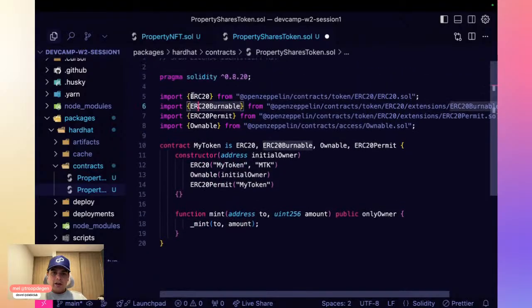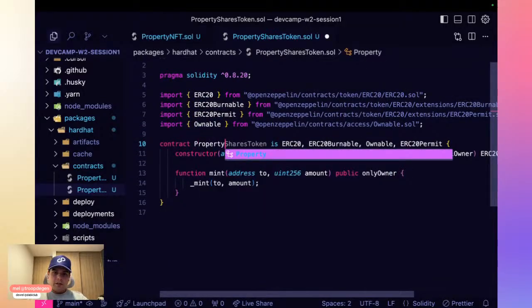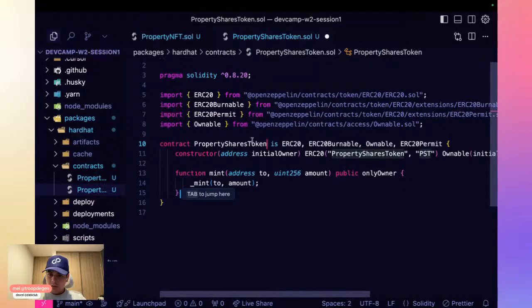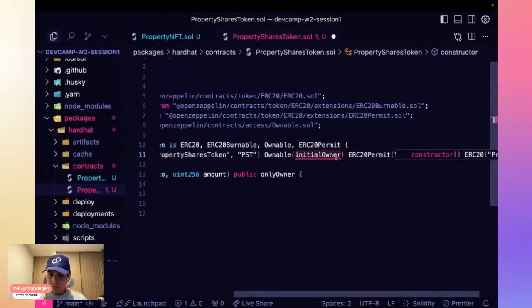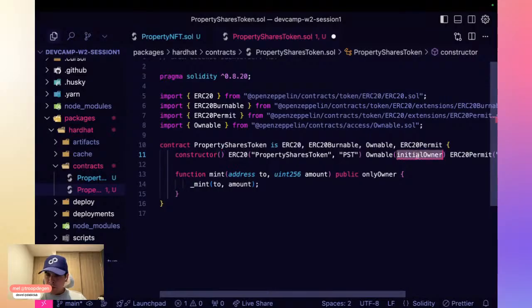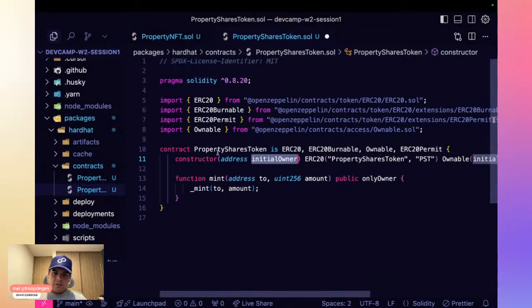And as you can see, we are inheriting ERC20, ERC20 Burnable, the Permit, and the Ownable. Here we're going to call it PropertySharesToken. The constructor function in this case takes the initial owner as an argument.